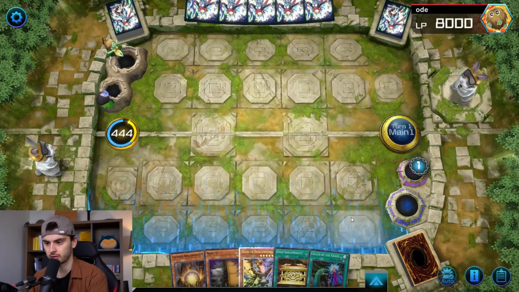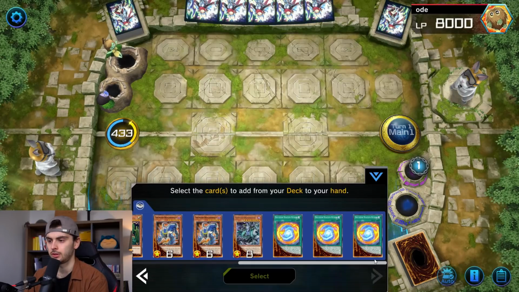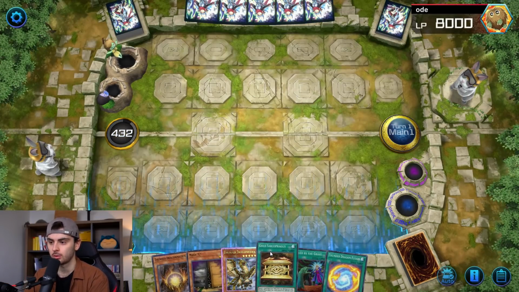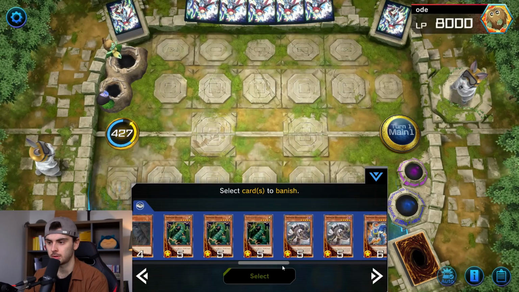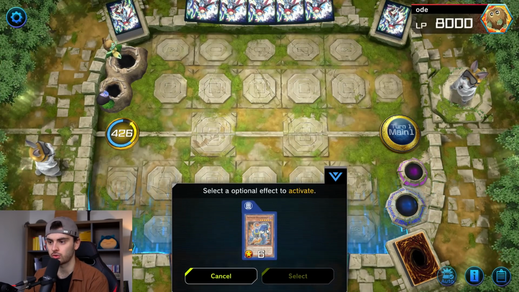Gold Sarcophagus could get us Roar banished, would summon out... I feel like we want to go for Fusion. It's just my feeling. Maybe I'm wrong here. But we can go for Gold Sarcophagus. Banish Roar. Then Roar will trigger. And with Roar we can summon out...